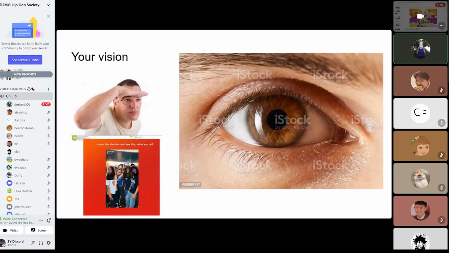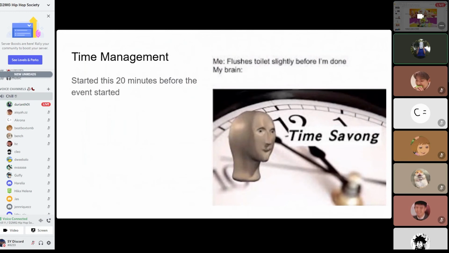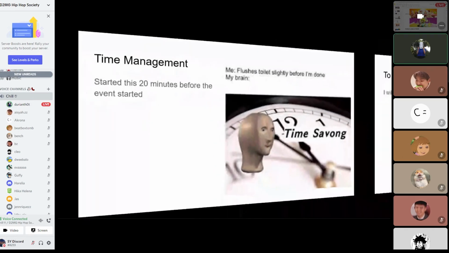Basically, as a director, you get to put your vision into anything you want. So like that Me My Maid was really kind of random, but I get to do it because I'm the director. Yeah. Okay, so time management is extremely important if you want to be the media director. So I started this presentation like 20 minutes before this event, and so that's really bad. Shows that I haven't really learned anything from my time at uni, but that is something really important and something you will develop as media director.